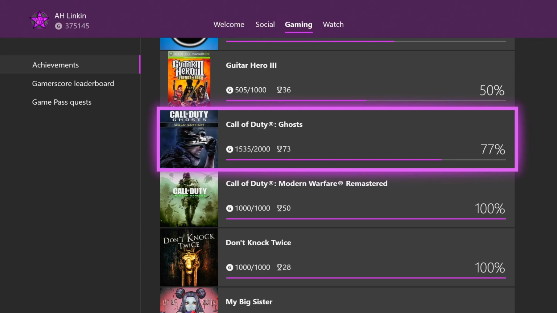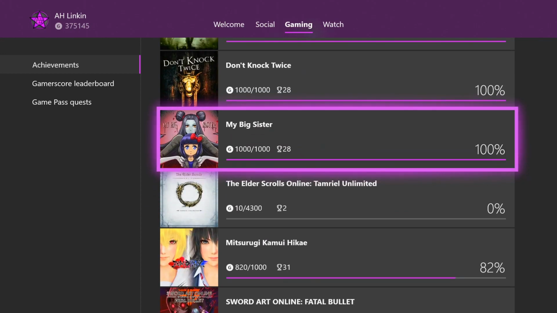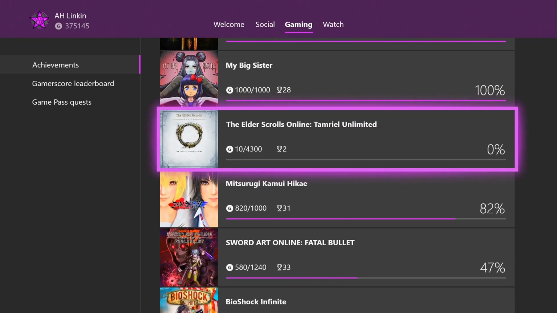Call of Duty Ghosts, Modern Warfare Remastered, Don't Knock Twice, My Big Sister, a bunch of easy completions right there. My Big Sister was a pretty interesting game, pretty cool story, I thought. Elder Scrolls Online, Tamriel Unlimited,